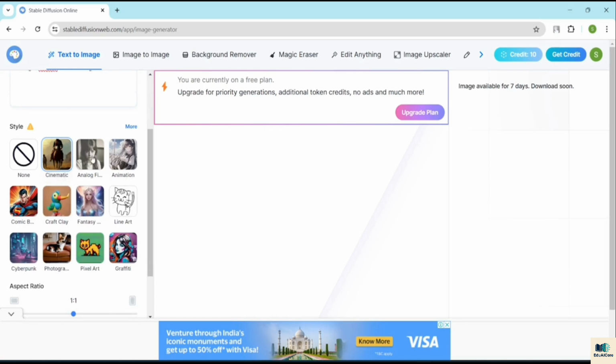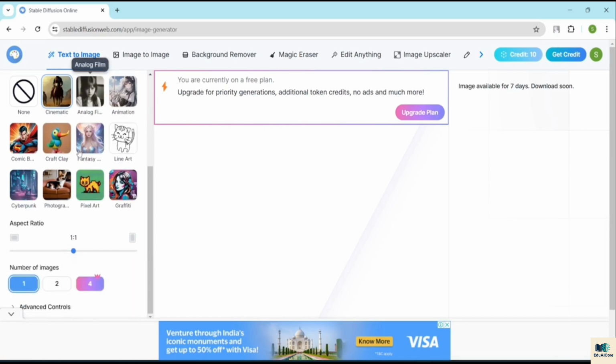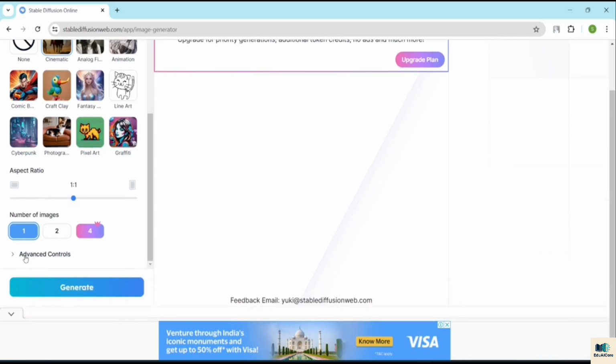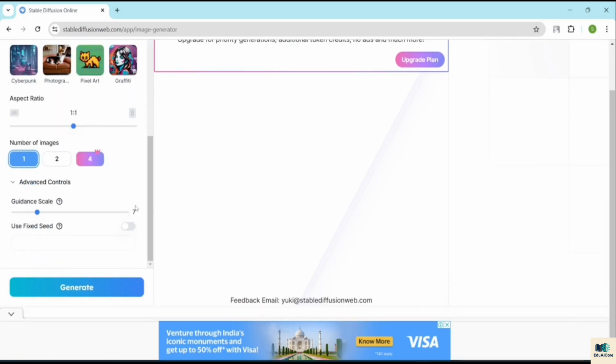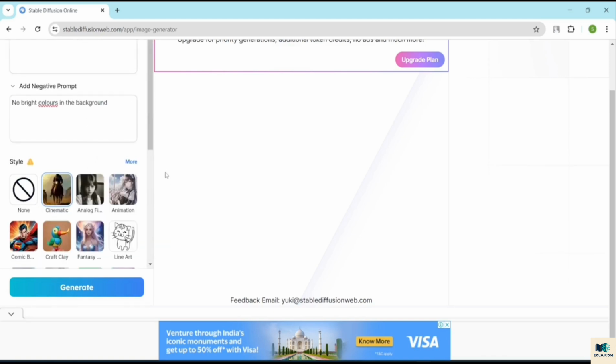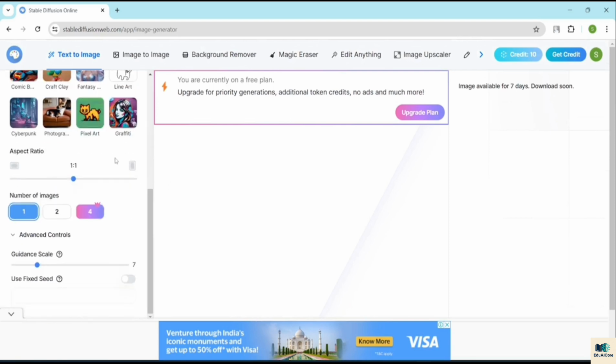Okay, and now the next thing is I can just select the style right over here, and I can select what kind of aspect ratio I need. Let's go with 1024 by 1024 right over here. There are a few advanced controls. Okay, so if you want to increase the guidance scale, or if you do want to use a fixed seed, you guys can do that, just turn it on. But for me, as I'm happy with my particular prompt,